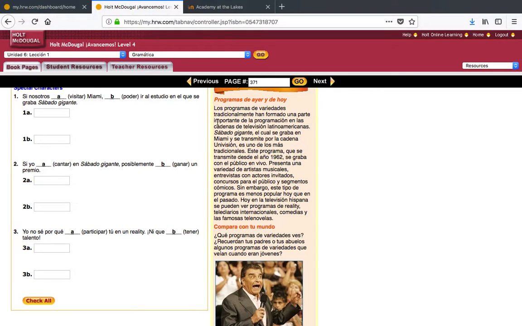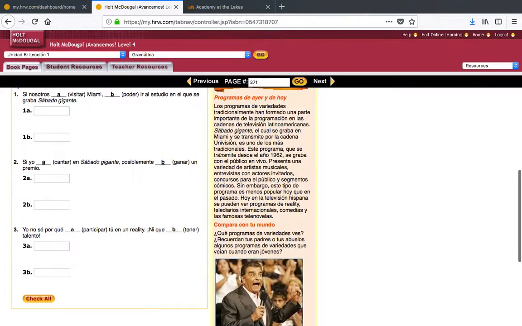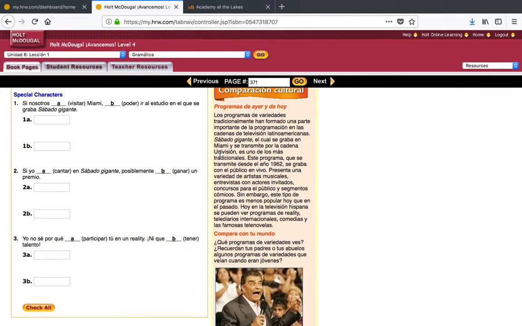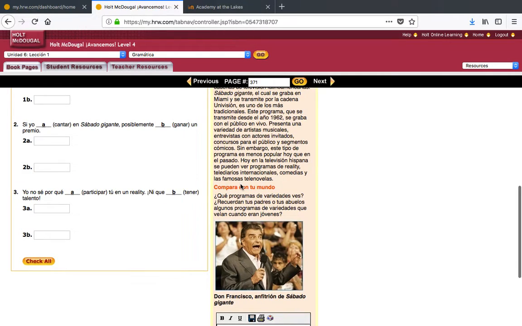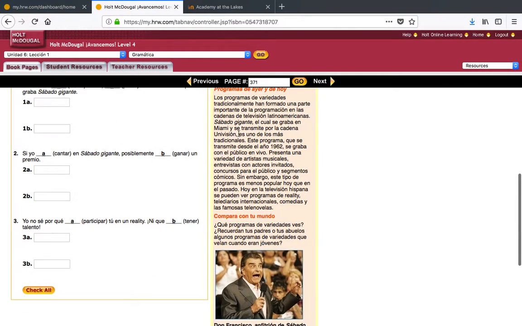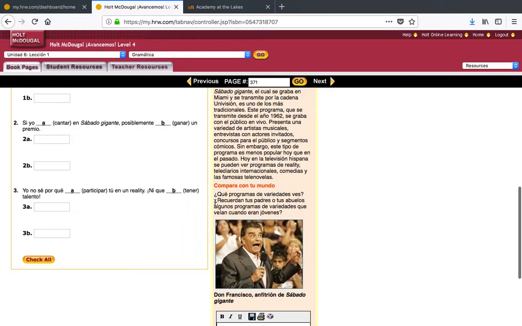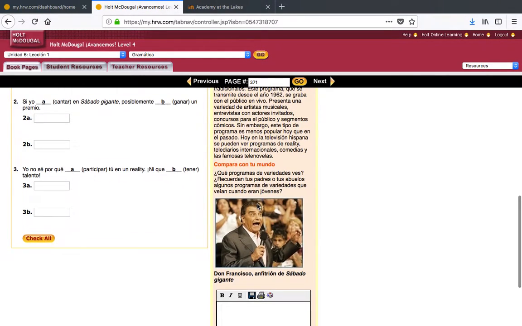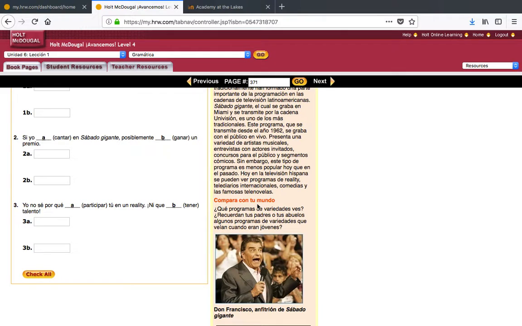So you're going to read this to me in Spanish, okay? Try to read this fluently, okay? Kind of fluent, and then respect the commas and respect the periods and respect the accent marks, like sábado, respect that. I don't want you to read that as sabado. You are in Spanish 4. You respect that. And then when you read, you're going to answer all these questions in Spanish, okay? You have to answer those questions in Spanish. You record that, and then you send it to me by email, okay?